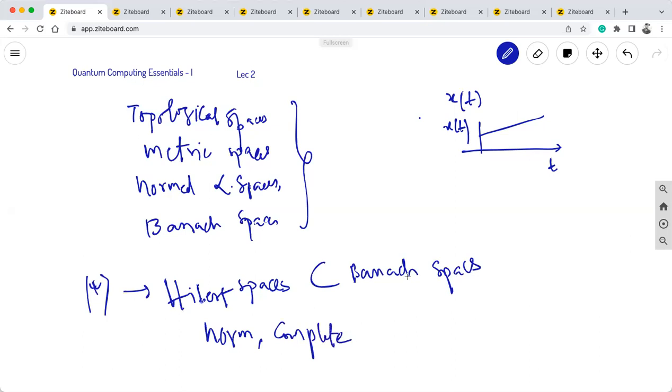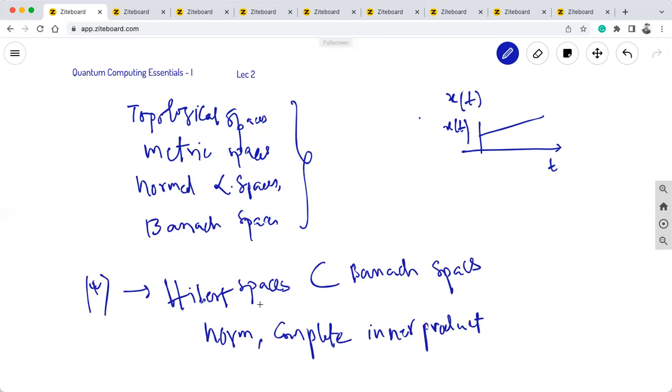Banach space is a much more abstract space, but there are some types of Banach space which are very well defined by norm and complete inner product. So Hilbert space is in complete agreement with our intuition of vector space with an arbitrary